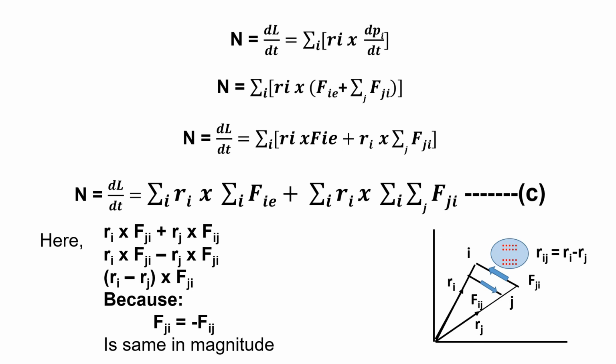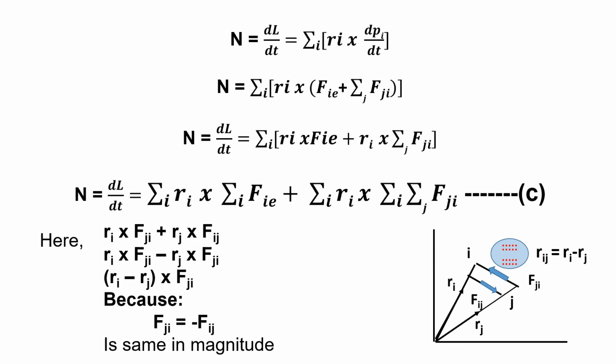And you know that the total force is the sum of all the internal forces and external forces. So for the system of particles, torque will be equal to summation i of ri cross Fi plus summation j of Fji. Fi is the external force and summation j of Fji is the internal force. Now taking the ri cross multiplication with both the terms, ri cross Fi plus ri cross summation Fji,